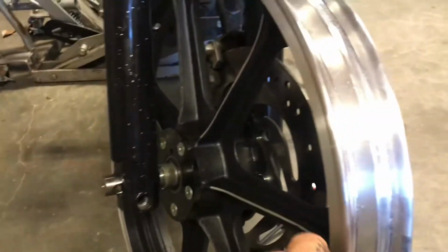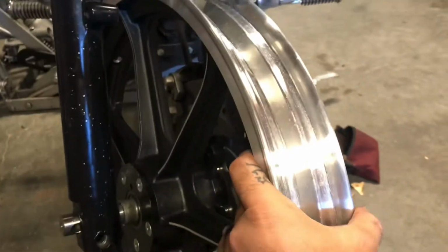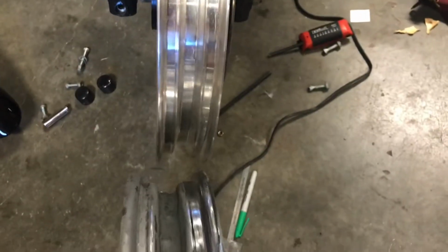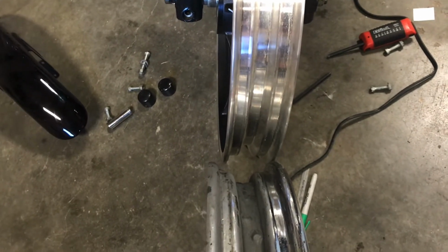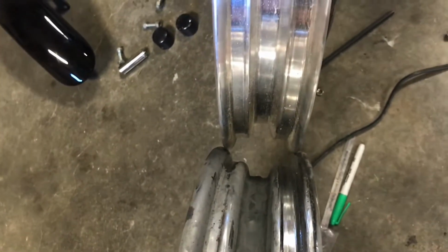To make this work, because it is narrower than the stock wheel, I'll try to set this up here if it will stay. Let me see if I can get the two wheels. All right, it doesn't want to stay, so we'll go over here. Kind of set them here. I don't know how well you guys can see that, but this one is about 1 inch narrower, which gives you kind of an idea of the difference. So, to fix that issue,